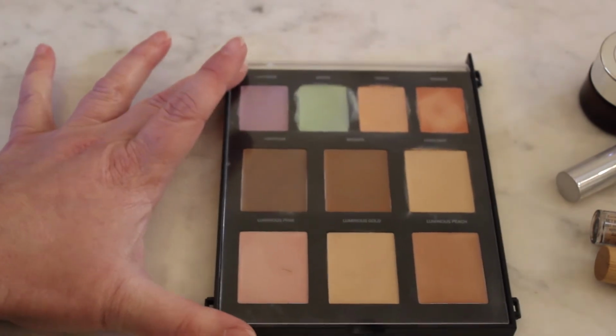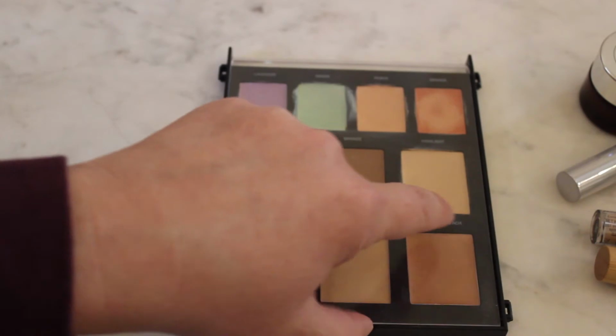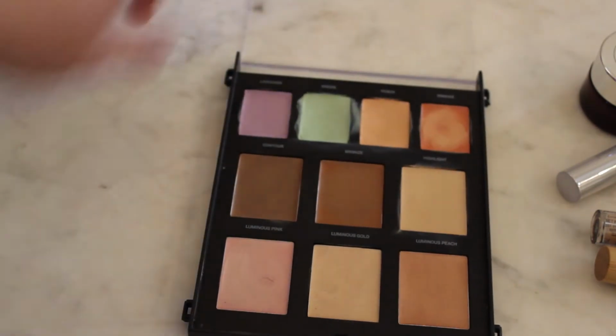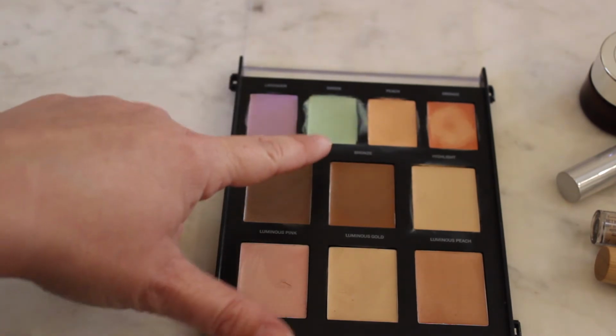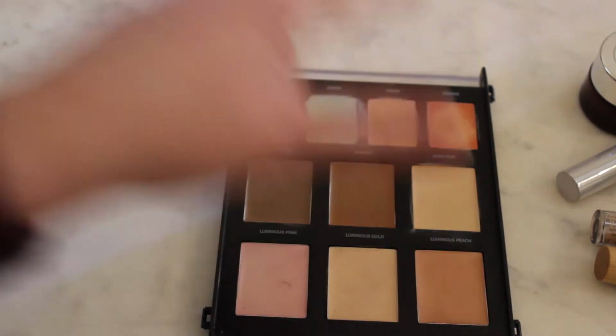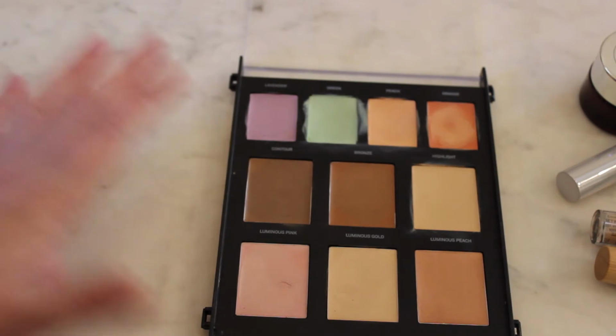And then also this is part of the Smashbox Masterclass Lighting Theory palette that I have talked about in almost every one of these videos because it had so many different types of products. You can see there's the 4 color correctors up here. I've used green a ton. I also used the peach mixed with a little bit of the orange to color correct under my eyes